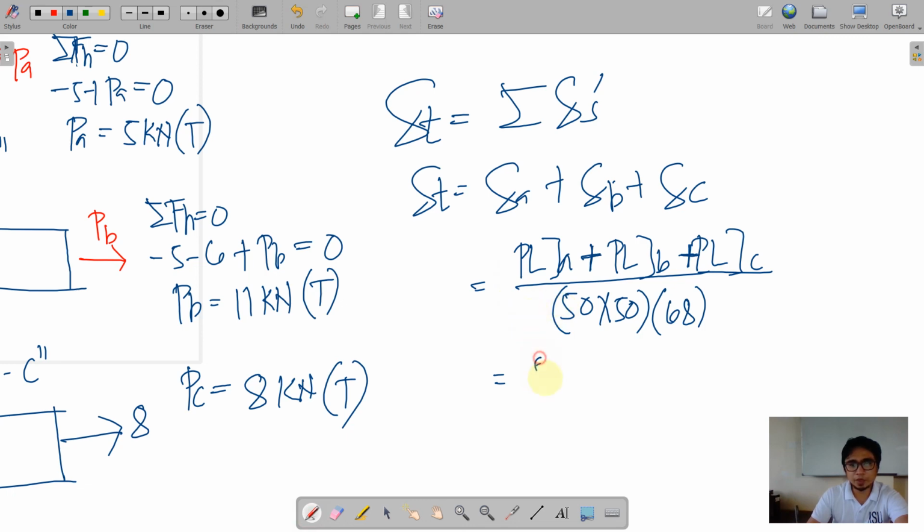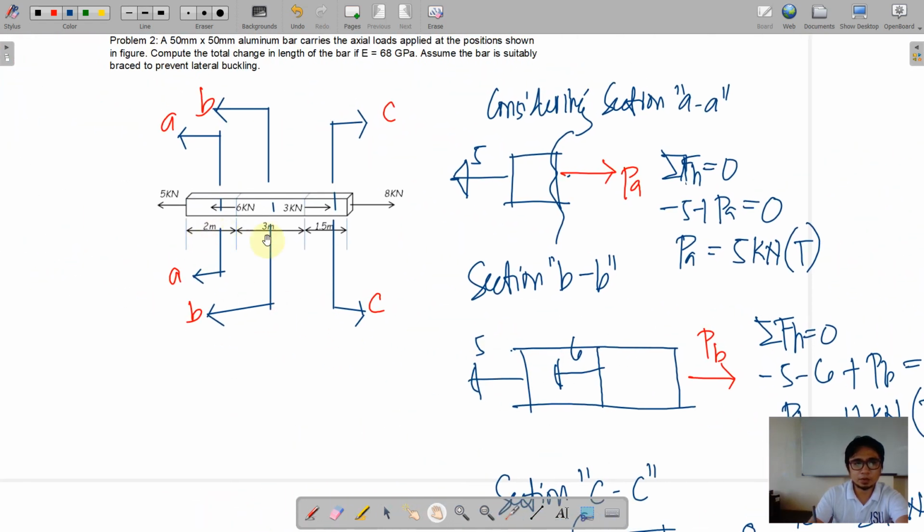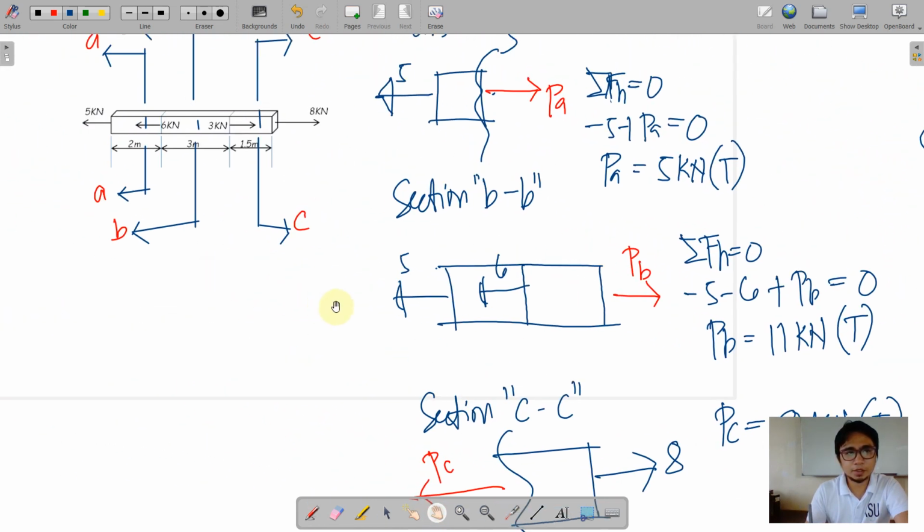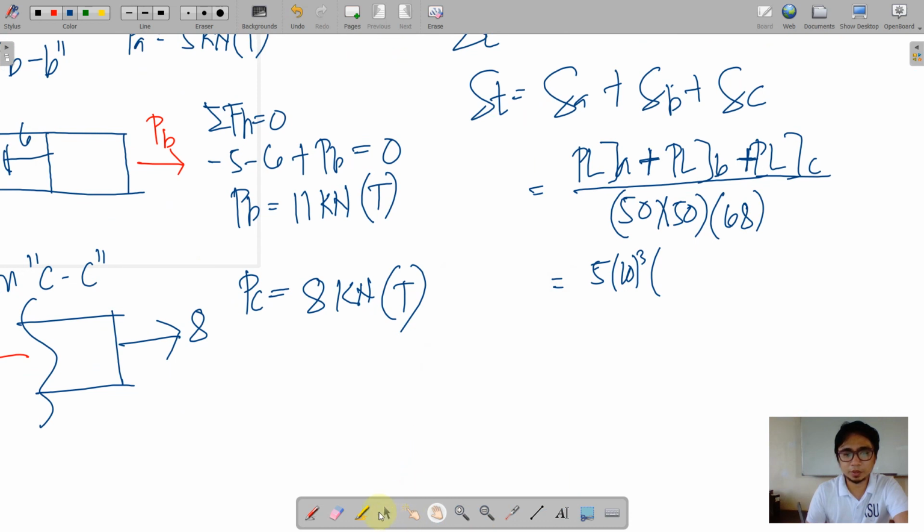So for PA we have 5 and a corresponding length of 2 meters. So we write that to be equal to 2000, by the way, 5 here is to be multiplied by 1000 to make it in Newton, and then the length 2 meters shall be written as 2000 millimeters,